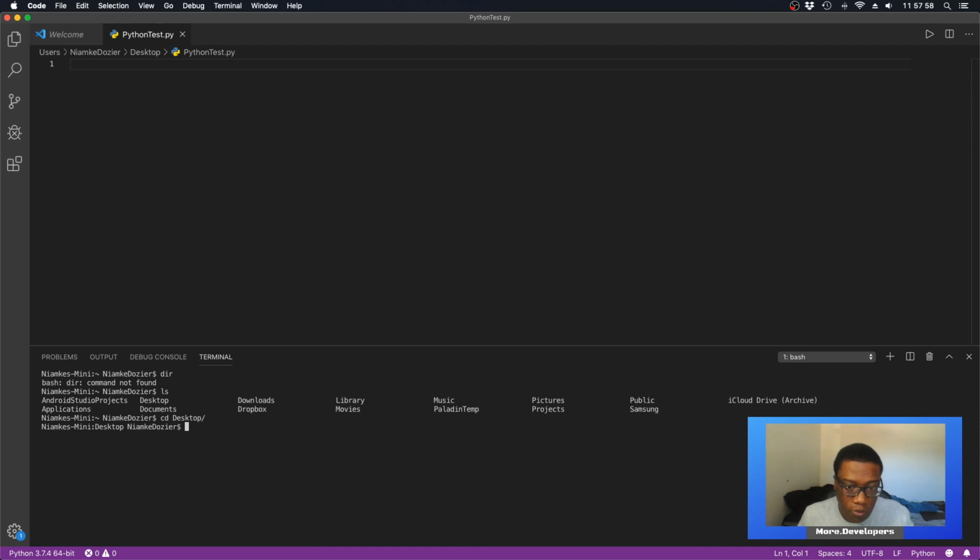If you want to make sure you're in the desktop, it'll say desktop right here on the side. So now I know that I saved that file on the desktop. I just want to do python, which is the command to make Python run a script or a file, and then python test, which is what I named the file, and then hit enter. As you can see, nothing happened because I didn't have anything in the file,